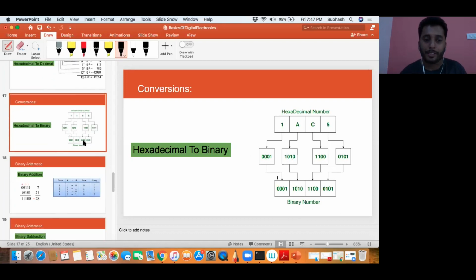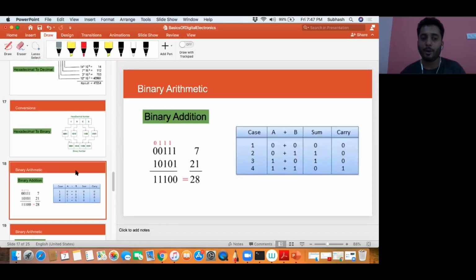Okay, having said that, we will move to the next important topic, which is called binary arithmetic. It is easy for you to do 7 plus 21, using the decimal number system, which we have done here. What I'm trying to teach you now is, first, one thing you have to understand is that our computers don't understand decimal format. They only understand binary format. The only thing that our computer understands is zeros and ones and nothing else.